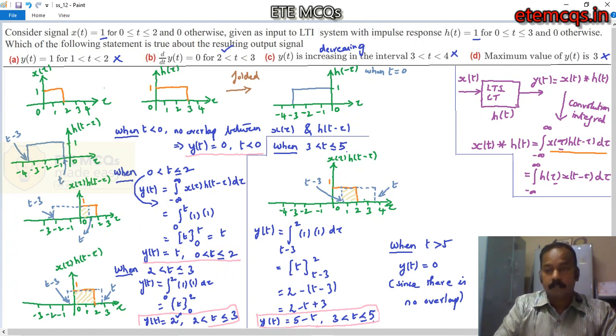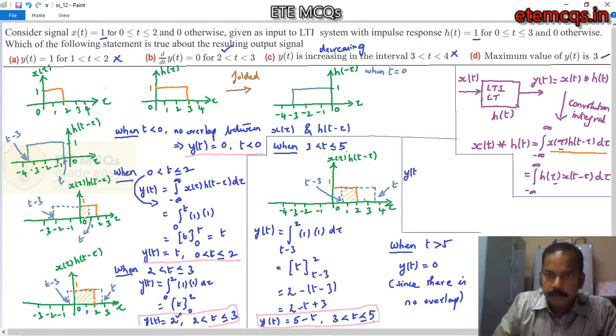Option B is correct. Now the point is, if you are good enough in folding and thinking about the region of overlap, you can find the solution directly. But I have solved it completely just to understand the entire process. When it comes to the convolution integral, you should be able to solve it and get the final solution. So B is correct. Finally, we have determined y of t. I will finally summarize y of t altogether.